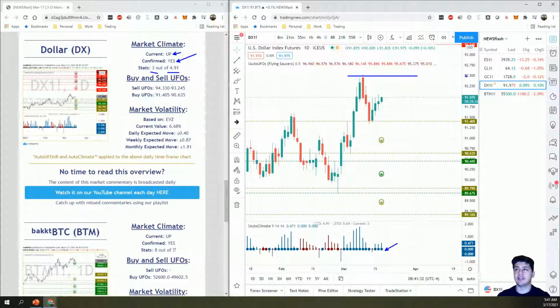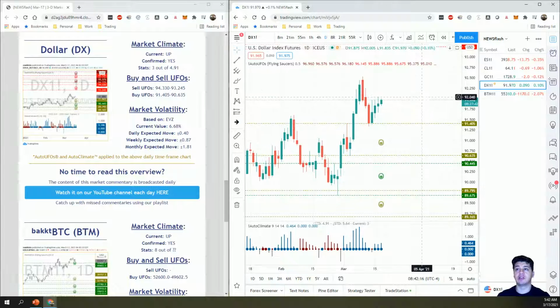We did test out that 92.5 area, kind of like a really critical even number, I would say. Have then since pulled back, tested out that 91.5 and a little bit lower, and went up right there, which exceptionally enough coincides with 91.405, 96.35 RUFO for buying. It's not uncommon to see things like this where it just wicks in a little bit and just pulls back, right? So if you were exclusively trading this, definitely be on the lookout for it to take some